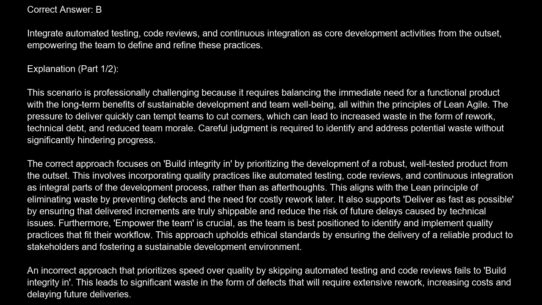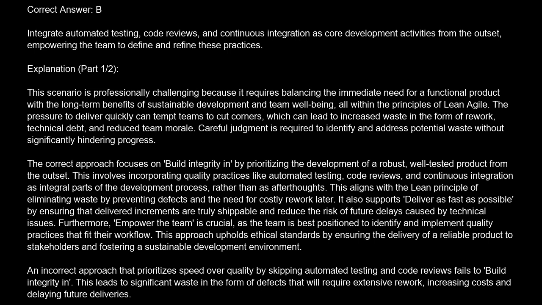The pressure to deliver quickly can tempt teams to cut corners, which can lead to increased waste in the form of rework, technical debt, and reduced team morale. Careful judgment is required to identify and address potential waste without significantly hindering progress. The correct approach focuses on build integrity in by prioritizing the development of a robust, well-tested product from the outset. This involves incorporating quality practices like automated testing, code reviews, and continuous integration as integral parts of the development process,